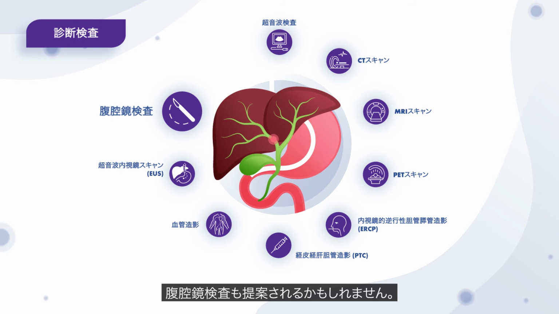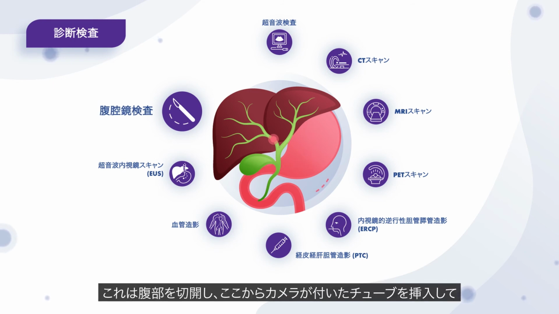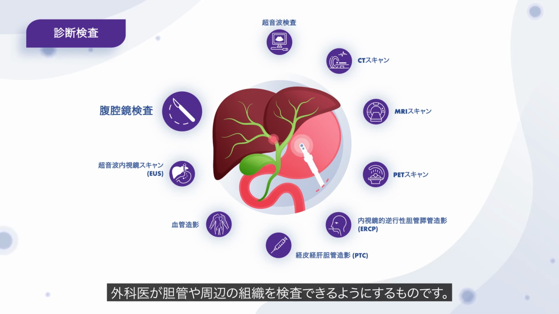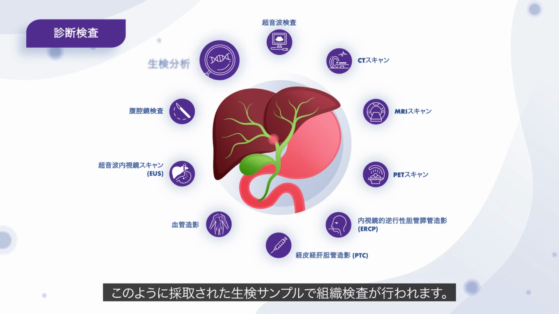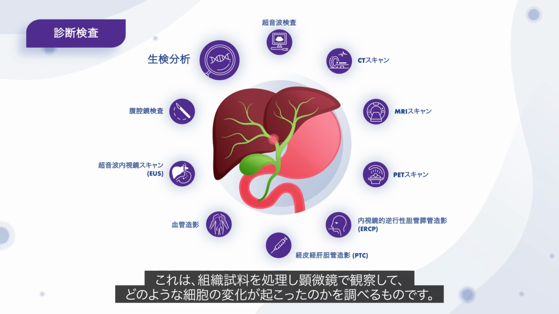A laparoscopy may also be suggested. This involves an incision in the abdomen through which a tube with a camera attached is inserted, allowing the surgeon to examine the bile ducts and surrounding tissues. Finally, the biopsy samples taken during some of the procedures mentioned may be used for histological evaluation. This is where the tissue sample is processed and viewed under the microscope to examine cellular changes that may have